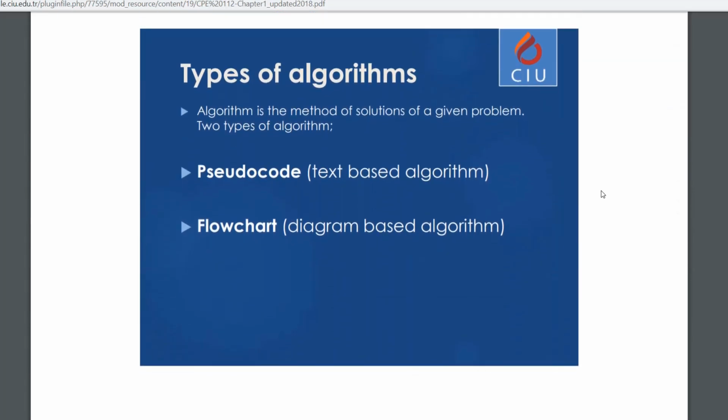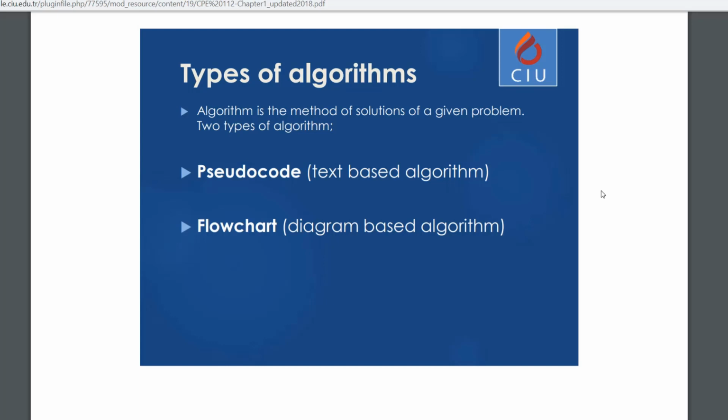In the next part, I'm going to discuss the types of algorithms. At the introductory level, we have two different algorithms that we need to be familiar with. The first one is called pseudocode. A pseudocode algorithm is a text-based algorithm, which means it is written in an instructive English style, in a step-by-step